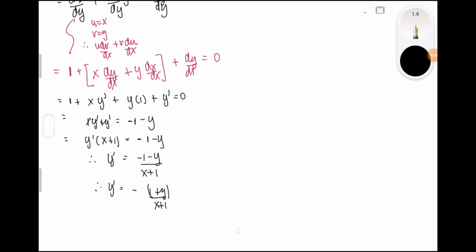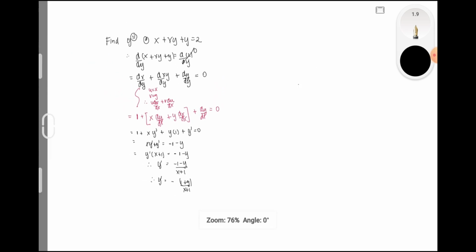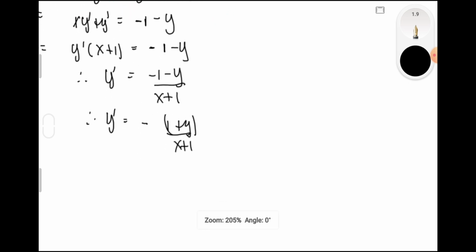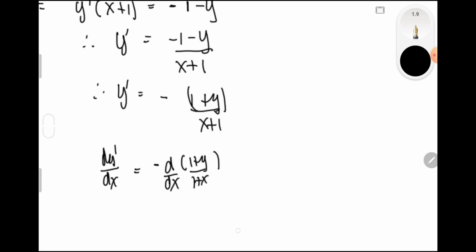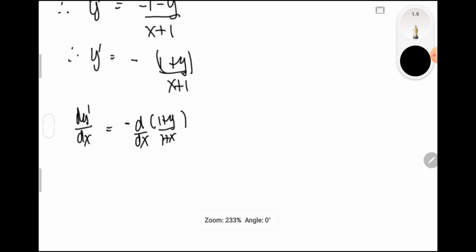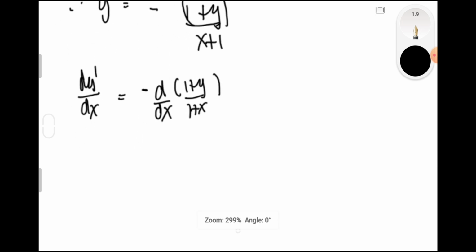So, after solving for our y prime, gusto nung kunin yung ating y double prime. So, therefore, kunin natin yung y double prime, we'll have the derivative of y prime with respect to x is equal to the derivative of our 1 plus y all over 1 plus x with respect to x. Okay? So, by differentiating this, we'll have a value of this one as y double prime, which is equal to